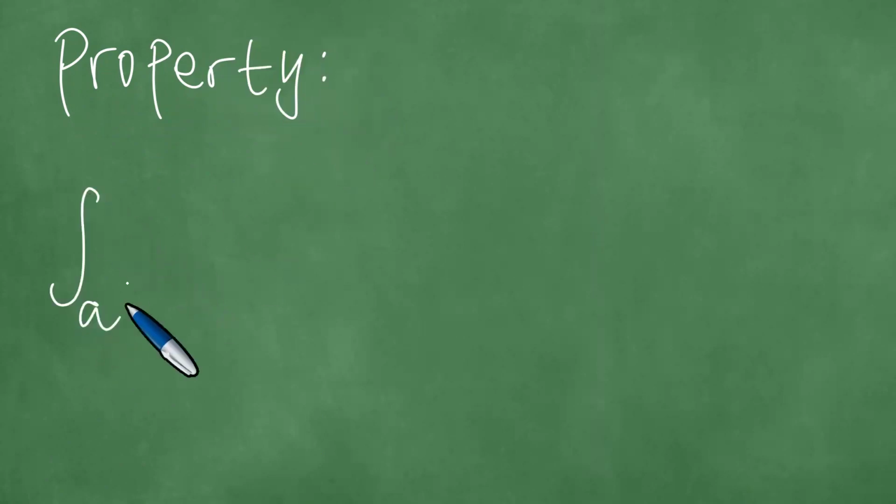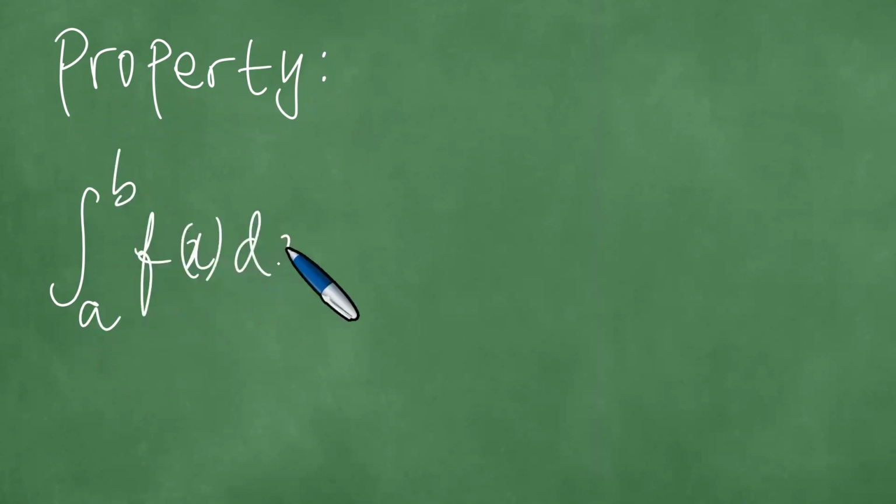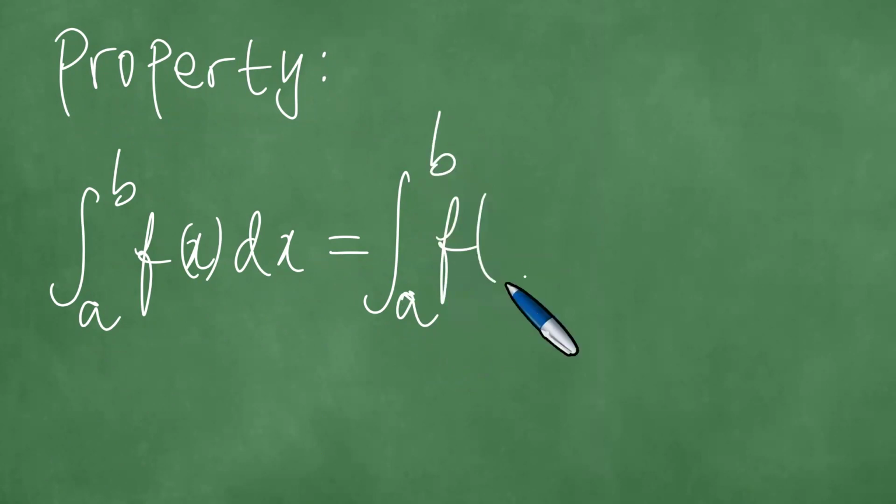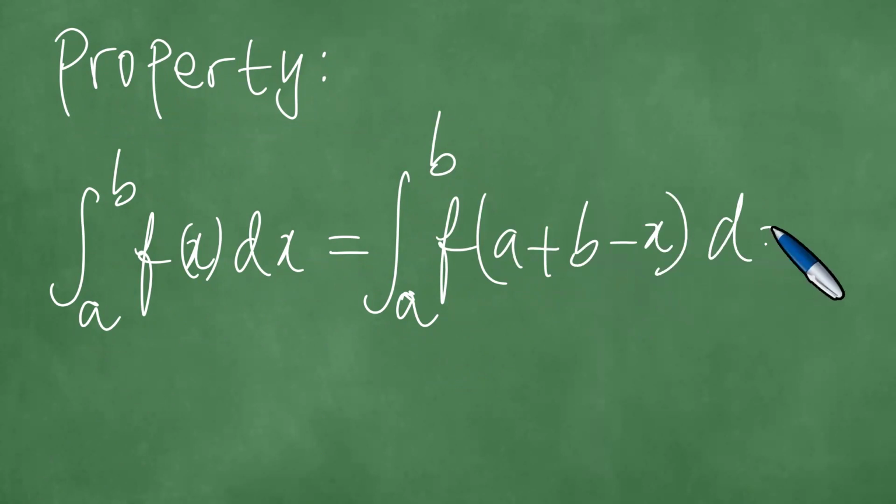The property states that the integral from a to b of f of x dx equals the integral from a to b of f of a plus b minus x dx. This is a true property of integrals, and therefore, in view of our definite integrals, we use this property all the time. And therefore we have the following, that I